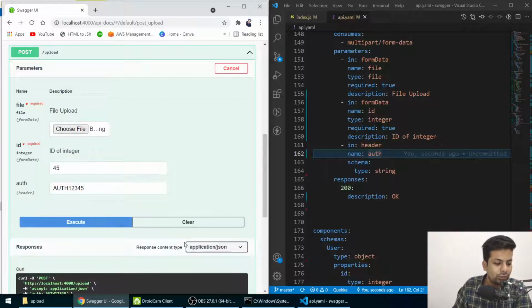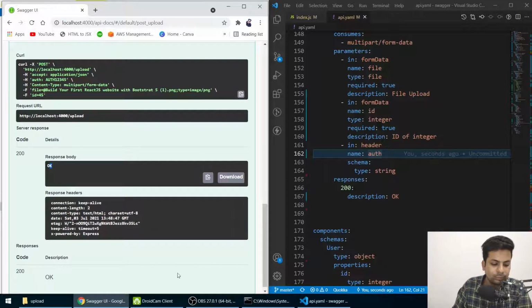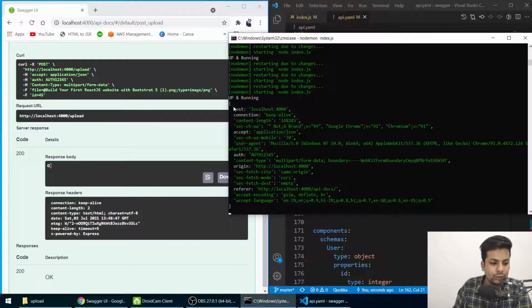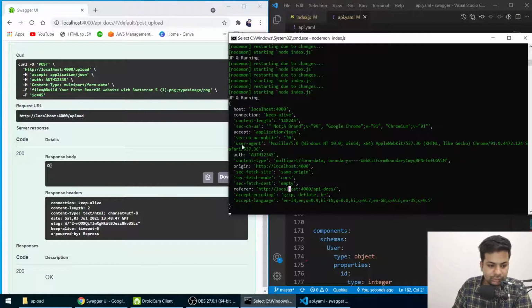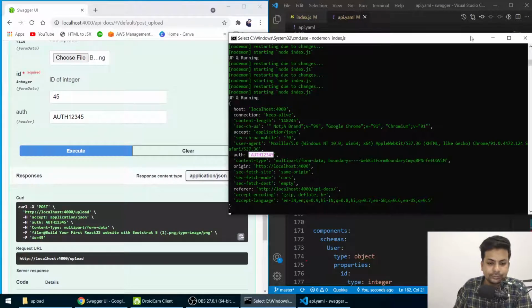Now if I execute it, I got back an okay response, the file got uploaded. Now check, it also printed the headers because I printed them, and you can see there is an auth variable which I inserted, called auth12345, like what I entered here.